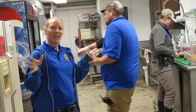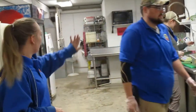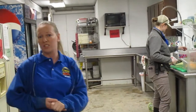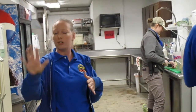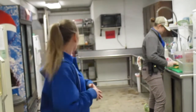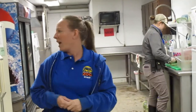And you can kind of see we have the areas separated. We have a produce area that these two are hanging out in. And then if you look in the back where that side is, that's where we keep our meat diets at. And that's where all the meat prep happens. We have separate sinks for sanitation issues. And we keep all of our areas separated to make sure that no produce ever touches any kind of part of meat. We also have separate refrigerators for everything and separate freezers to make sure none of the food ever cross-contaminates. And a whole different area of microwaves, and we have PPE, which is personal protective equipment,